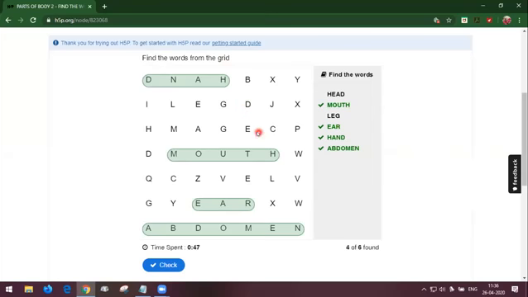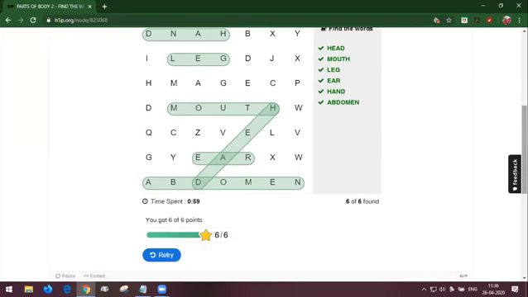Hand. Next one is leg. And head is, yeah, here it is, head. Okay, fine. I have found all my words. You can see 6 out of 6. I have completed 6 words out of 6 words.